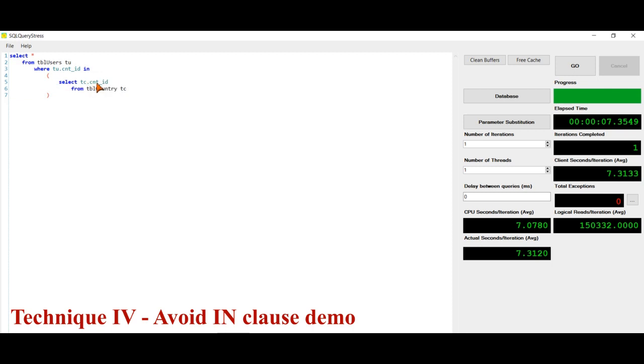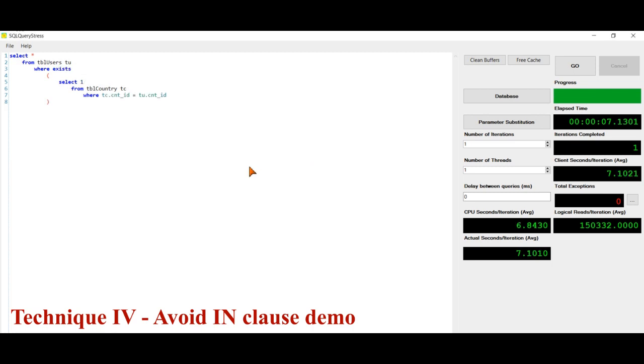The subquery contains this country ID and returns the value. This returned value is then used in this condition, TBL users dot country ID. Now if you can see the time over here, it's 7.35 seconds for one iteration.